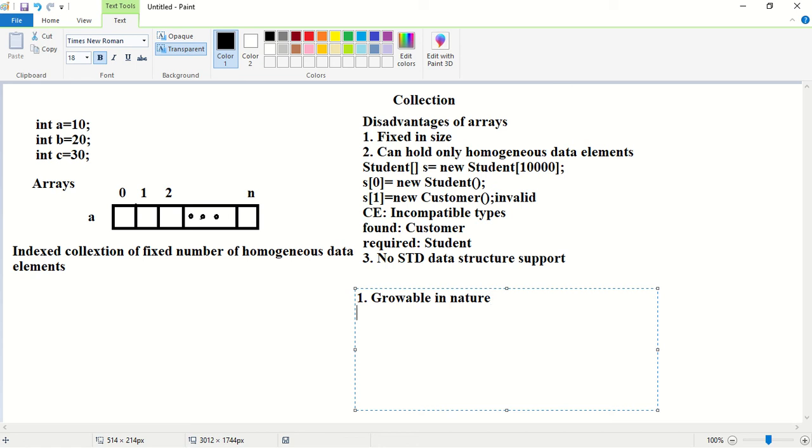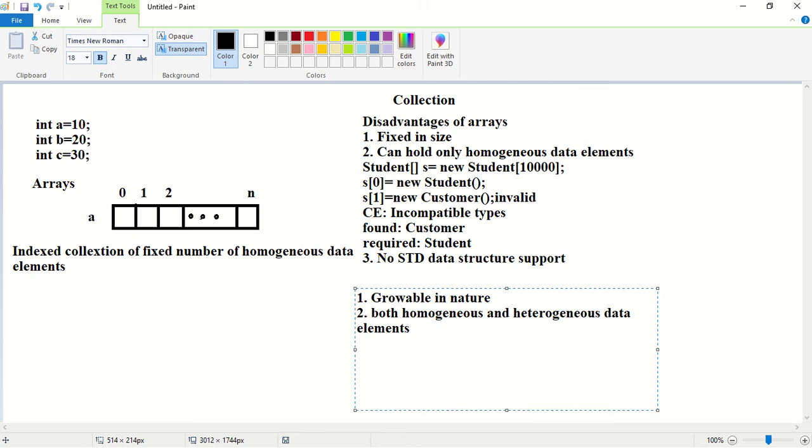Next, what is the second disadvantage of an array? The second disadvantage of an array is array can hold only homogeneous data elements, but collection can hold both homogeneous and heterogeneous data elements. Next, what is the third disadvantage of an array?